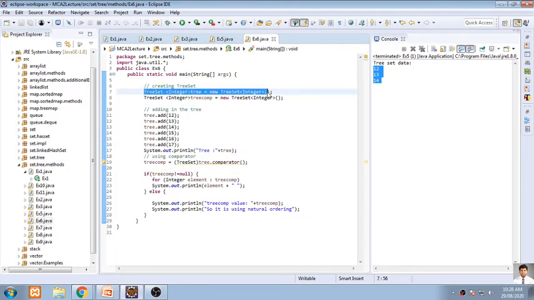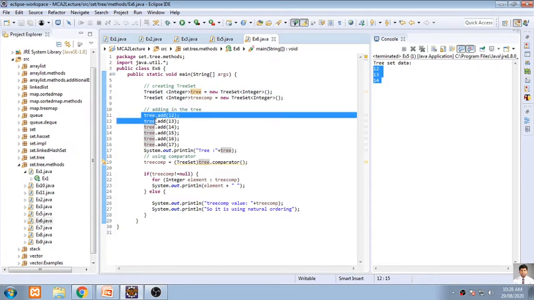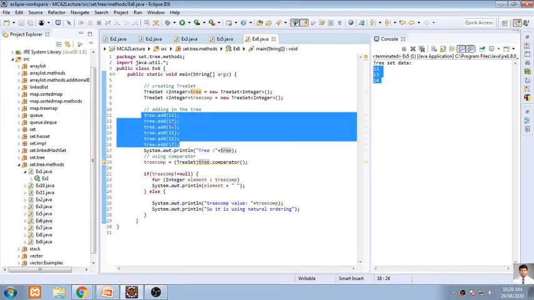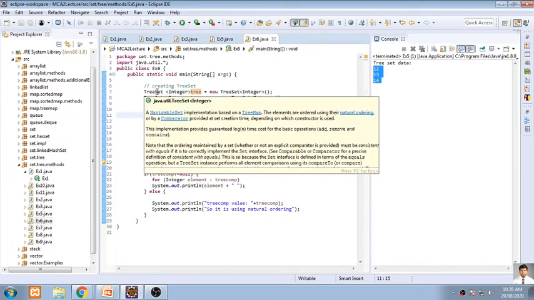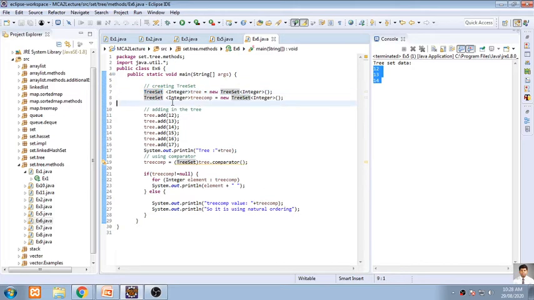So first we want to create a list, that is a tree set. First, tree set elements are added into this tree object. Here I have added these six elements, 12, 13, 14, 15, 16. These are the 6 elements added into the tree object. And what is the tree object? The tree object is nothing but a tree set. Now I want to do some comparison. Now the second object of comparison, and what I have done is that I have displayed the first three. Whatever elements are there, I will be displaying those elements.